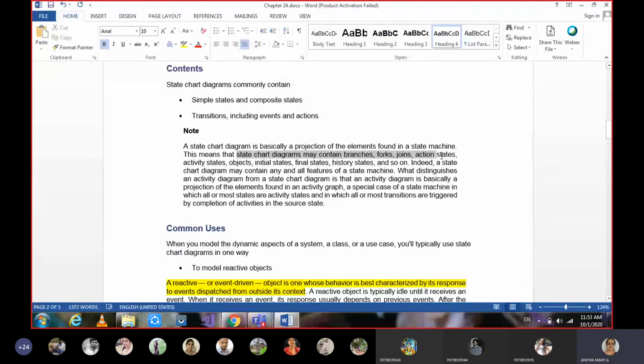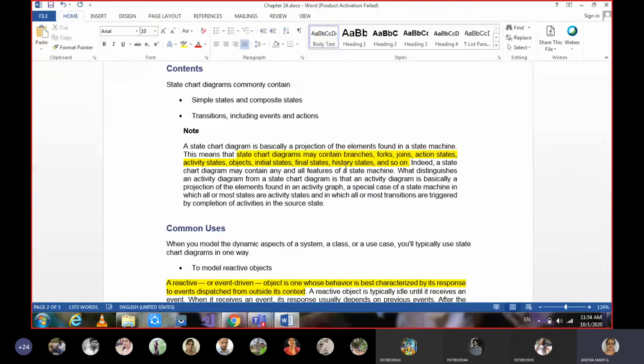The state chart diagram may also have different parts of what we have learnt in activity diagrams, such as branching, forking, joining, action states, activity states, initial states, final states and history states. Forks and joins we have learnt in activity diagrams, whereas history states and the like we have learnt in the state machines chapter.